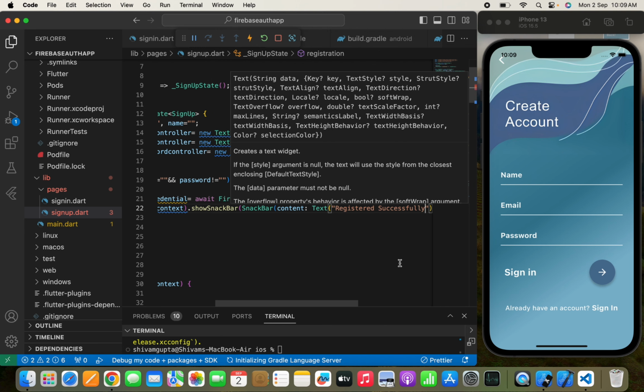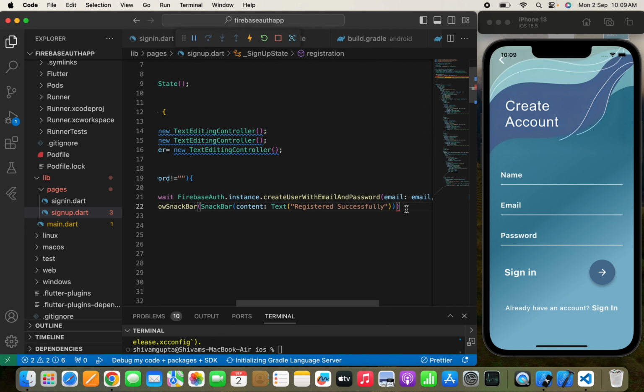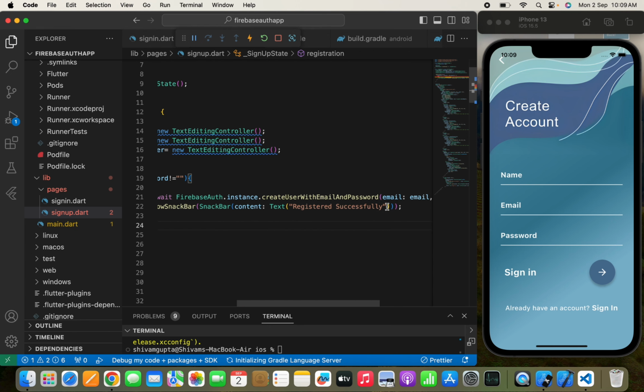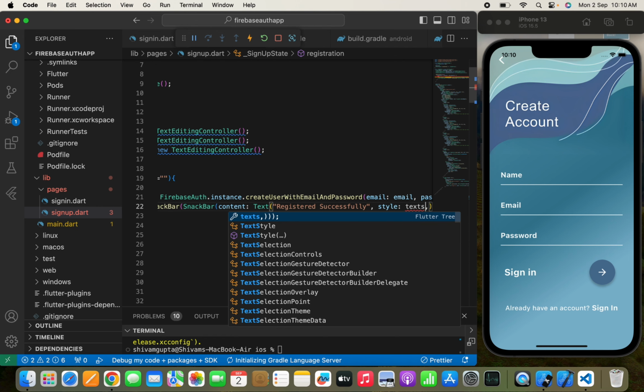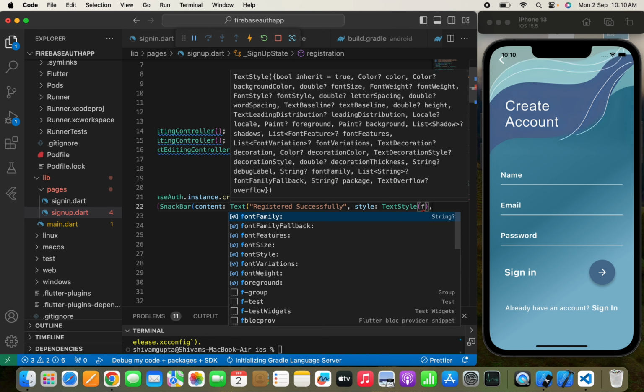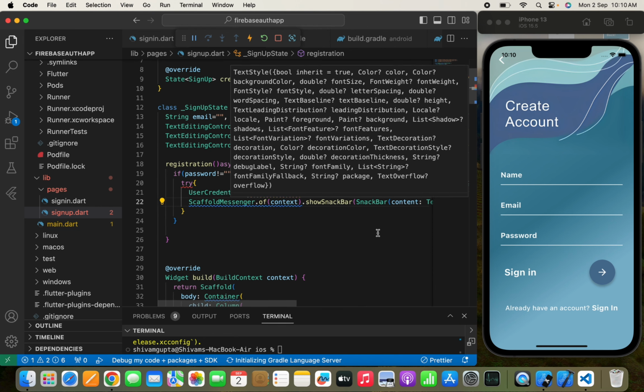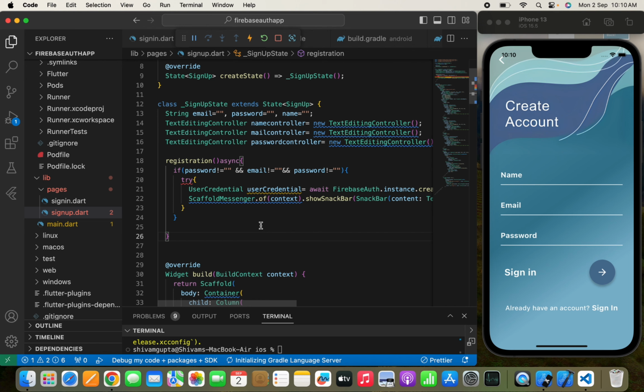Yeah, so here it is done, and if you want, you can change the color of the snack bar according to your choice, but I need to just pass a style, TextStyle, and we'll simply increase the font size up to 20.0. Yeah. Now after this we need to pass on, so we'll simply write on